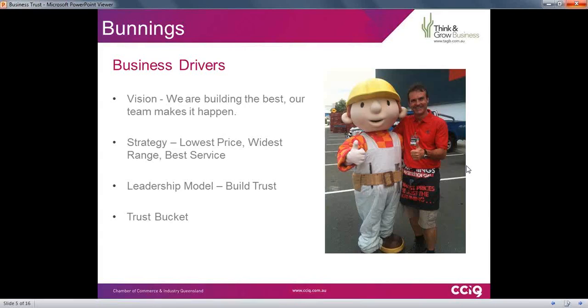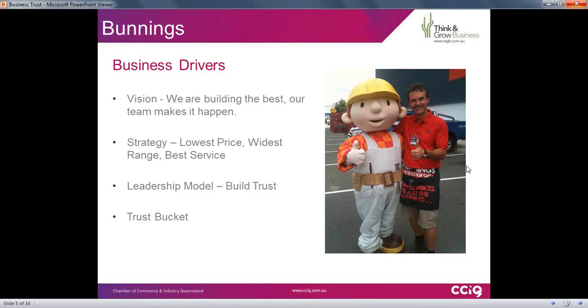We are building the best. Our team makes it happen. So just within that phrase creates the concept of we trust the team to build the best. And we recognise our team that we're building the best. See, many visions and mission statements do nothing more than just gather dust, but this one is one that's lived daily in the business, and one that came truly to light when we were rebuilding the Bunnings at Rocklea. And also my colleagues down the road at Bunnings Oxley, as we were both being rebuilt at the same time.